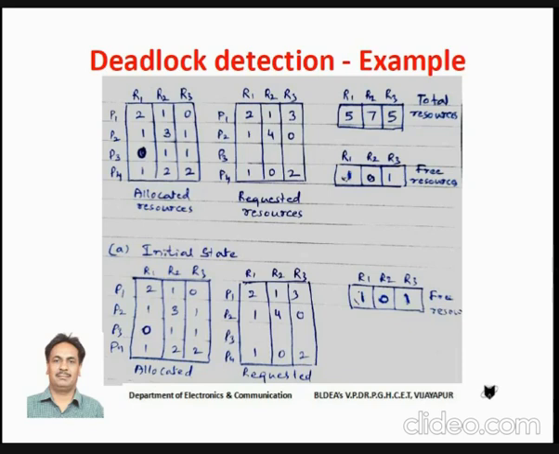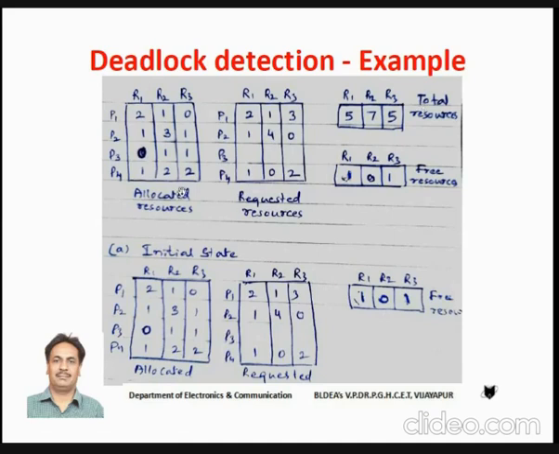So here we are going to learn how to detect the deadlock. For deadlock detection, we have an algorithm which is commonly known as the deadlock detection algorithm. Students, here what we will do is first we'll discuss an example. Then after that, we'll go through the algorithmic steps. Once you are able to understand the example, then it will be very easy to understand the algorithmic steps. Okay, just look at this example.